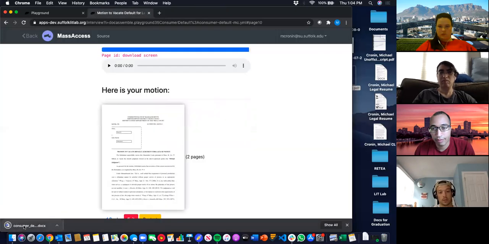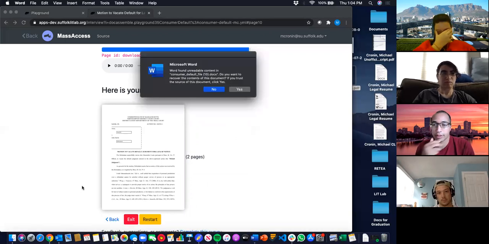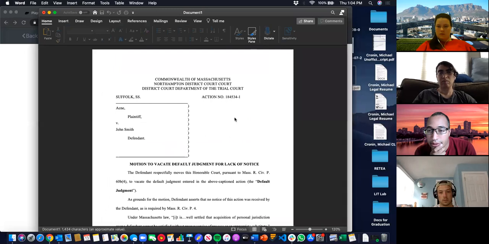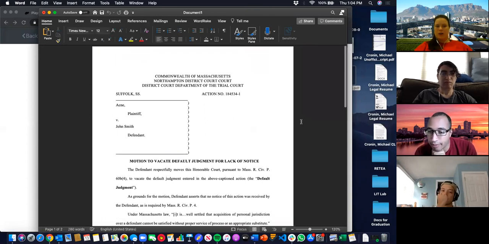It only comes out as a docx. It's the only thing. Do we want it to be in PDF instead, or do we want options for both? I don't know if it makes a huge difference. I think there's a good argument for it being docx as well as a PDF, because if there are any advocates who use it, this is probably going to be a really prime form for an advocate. And it will save them a lot of time, but they'll still want to customize it if it's an attorney who's using it.